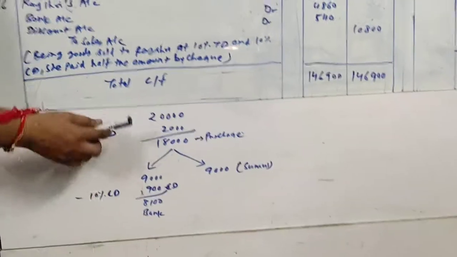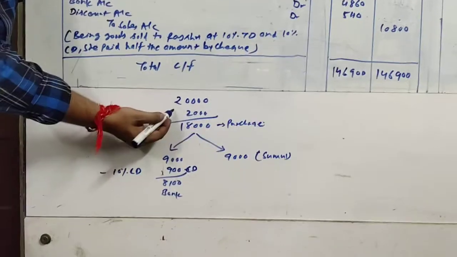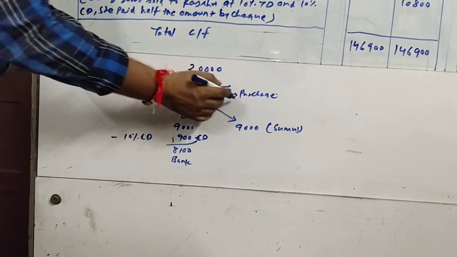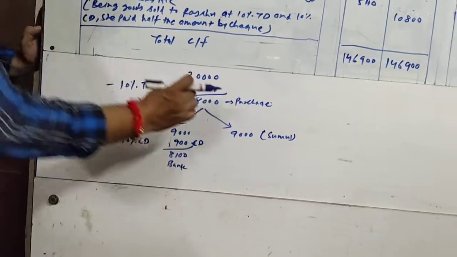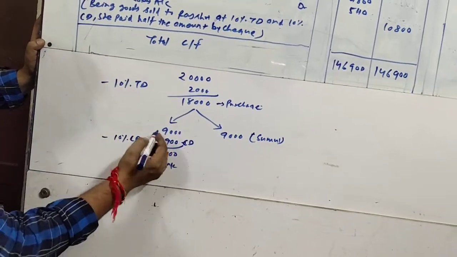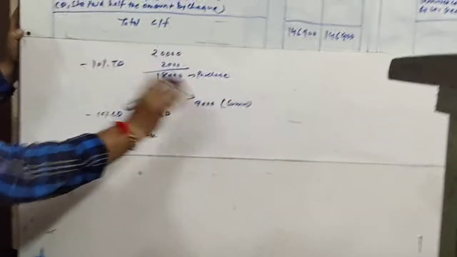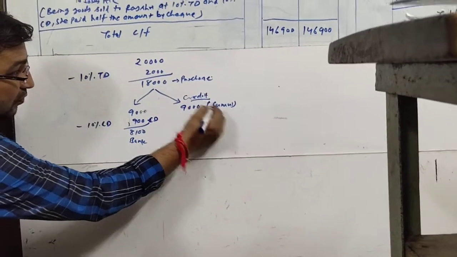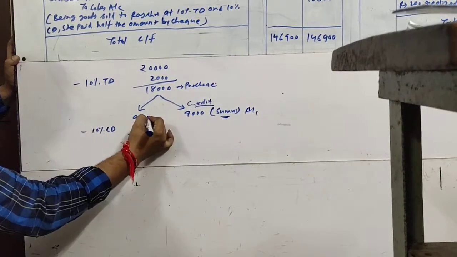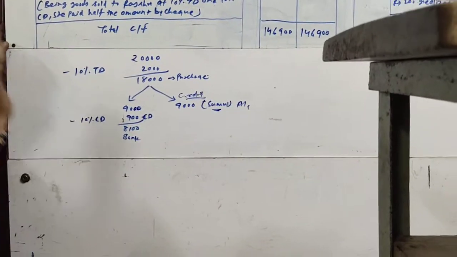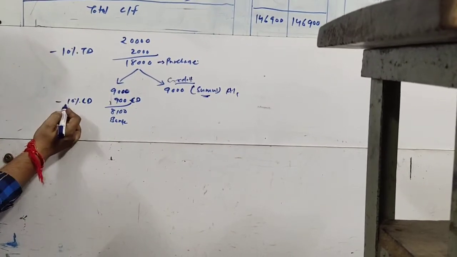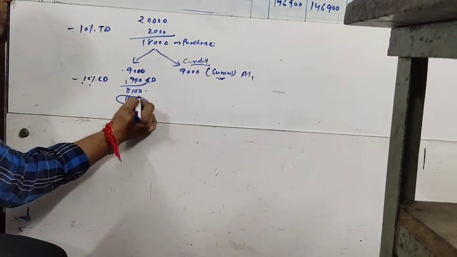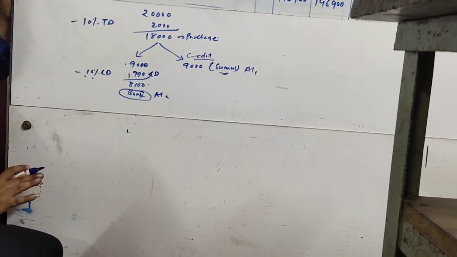20,000 is the goods amount minus 10% trade discount comes to 18,000. This 18,000 will be recorded as purchase, will be debited to purchase account. Now talk about payment. Out of 18,000, 9,000 payment is done by check and the remaining 9,000 is credit. So this credit will be recorded to Sumul account. And on the payment where we are issuing check, we will have to apply cash discount. Cash discount is 10% of 9,000, that is 900. So the balance amount is 8,100 that we will be paying.